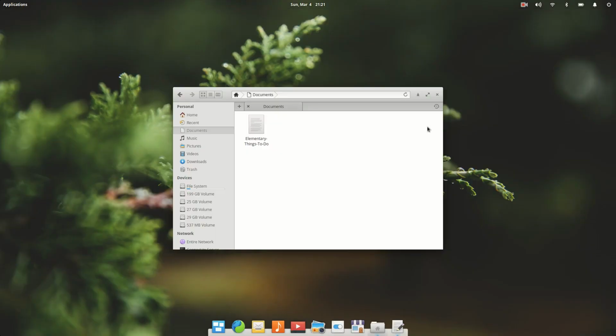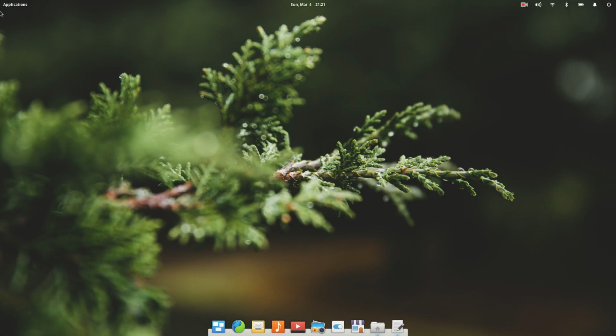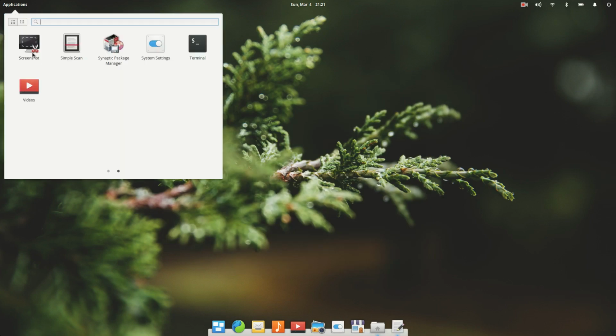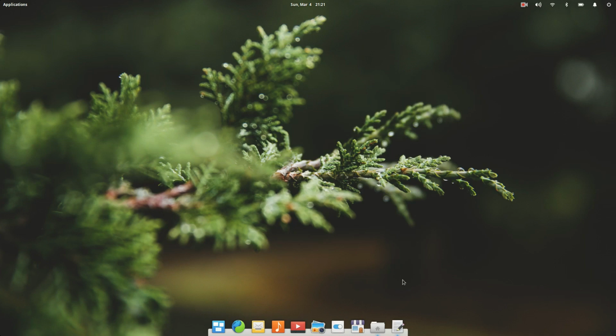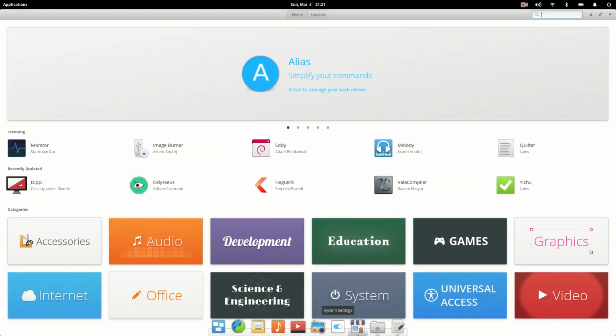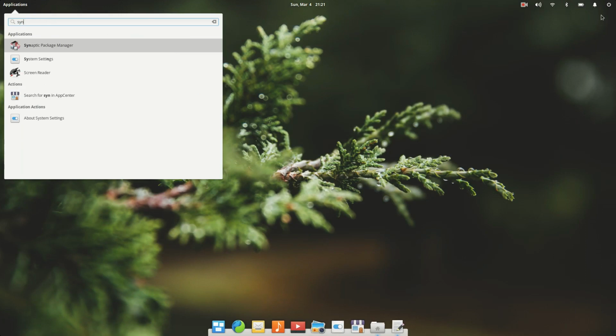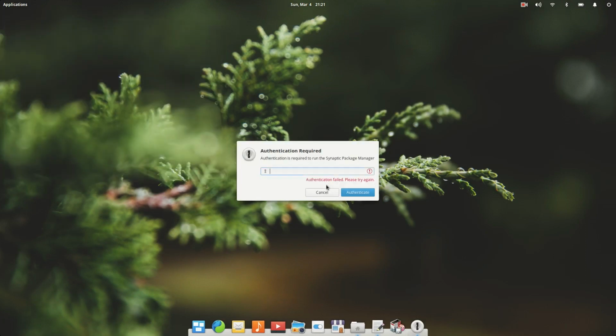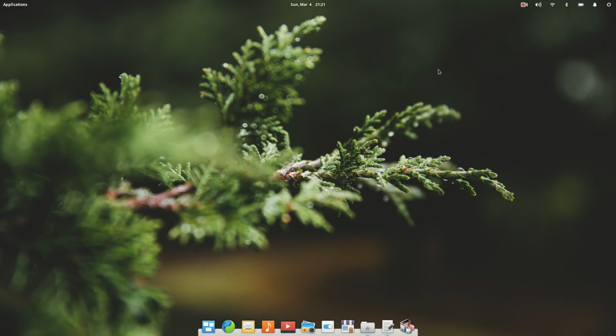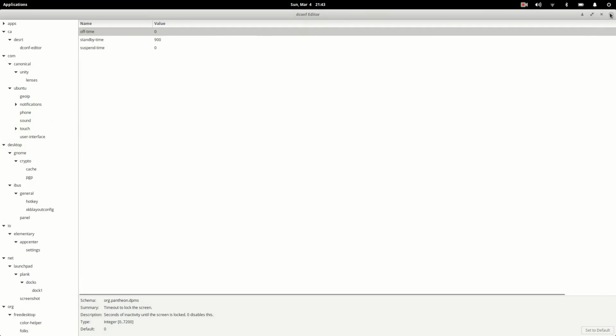So I'm very sure that's pretty much it for setting up elementary. Now it's a matter of knowing what software you need and installing it either through the App Center or Synaptic Package Manager. So I'm gonna run this for a little while and see how it goes. I'm reasonably happy that I'll be able to get everything I